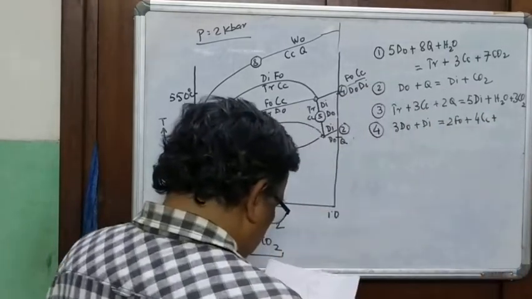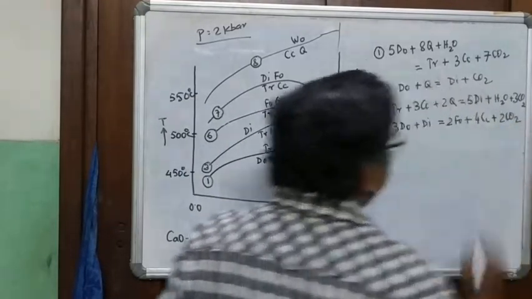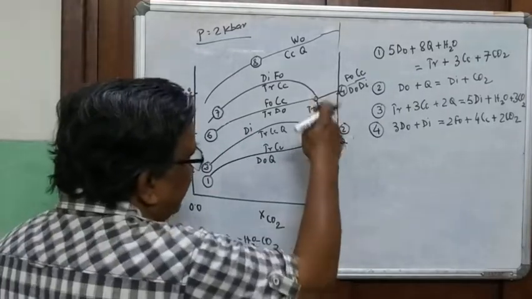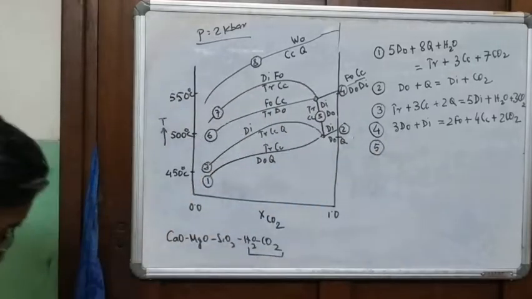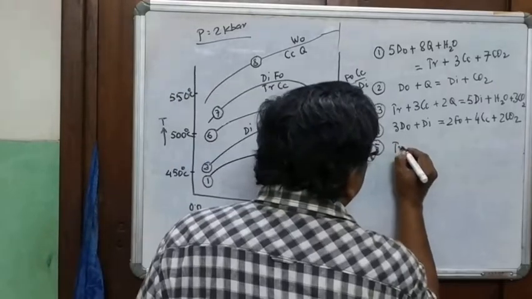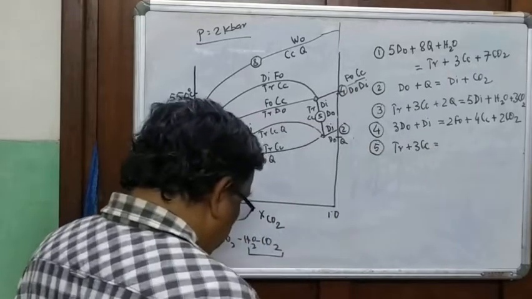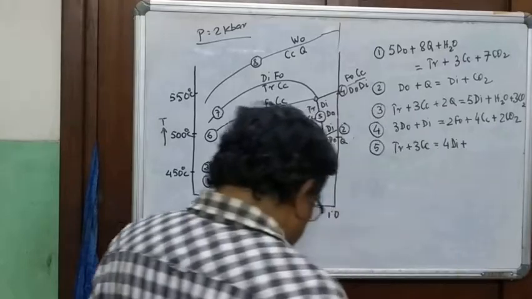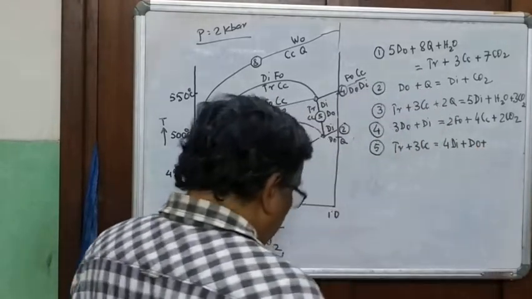plus 2 CO2. Now we come to reaction 5, which is this reaction. Tremolite plus 3 calcite is equal to 4 diopside plus dolomite plus H2O